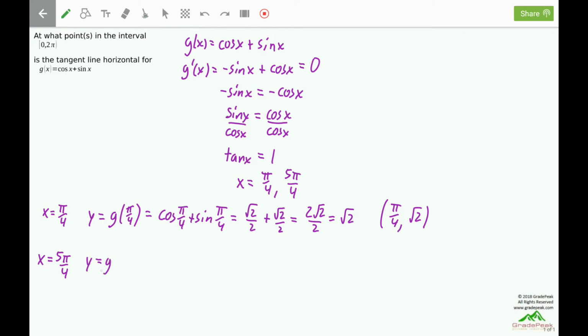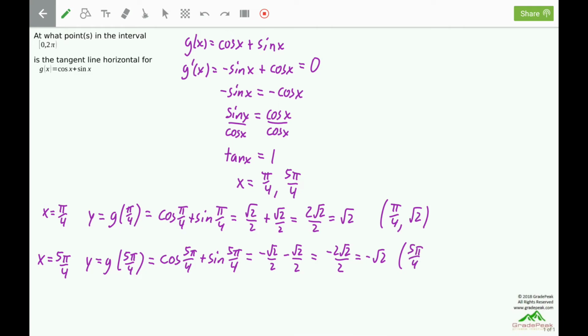The y-coordinate will be found by plugging 5π/4 into the function, and we will have cosine of 5π/4 and sine of 5π/4. Since 5π/4 is in the third quadrant on the unit circle, these are both going to be negative √2/2. Combine them, we get negative 2√2/2. The 2's can cancel, and we have negative √2. And here's the other point